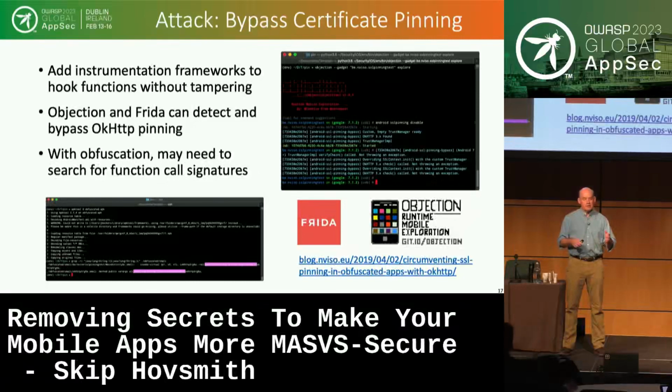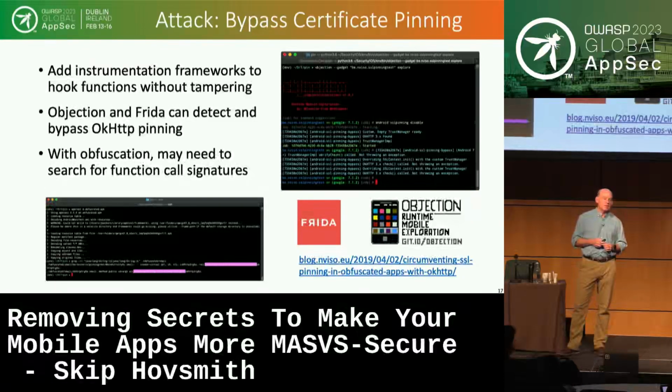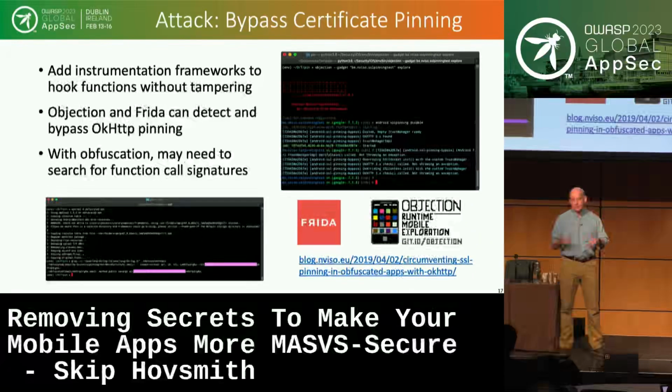The more obfuscation is in there, the harder that gets. So I might have to do a little bit of work to figure out what's the signature call that's been masked, but the parameter, the signature, is still the same. So I'll find a certificate pinning signature, and I'll go ahead and direct Frida right in there to hook that. So a little bit harder, but not that much. So if you can get an instrumentation framework in without being detected, then you can go ahead and unpin, and you're off to the races.